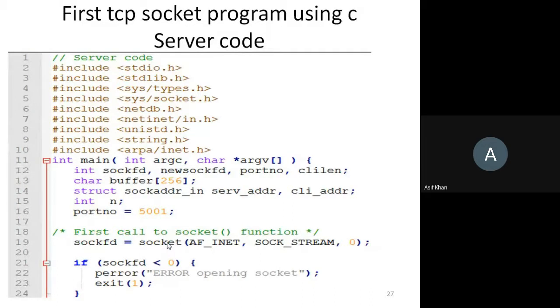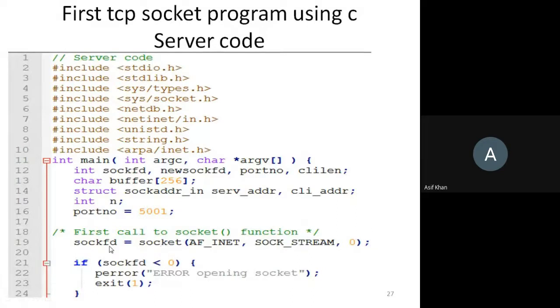The integer value written by this function is used to reference the endpoint. If you want to access the endpoint, you can use that value. So that value is stored here in sockFD. Next time, whenever you want to access the endpoint of communication for the server, to send or receive a message on that endpoint, you have to use the sockFD variable, because it contains the value returned by this function.